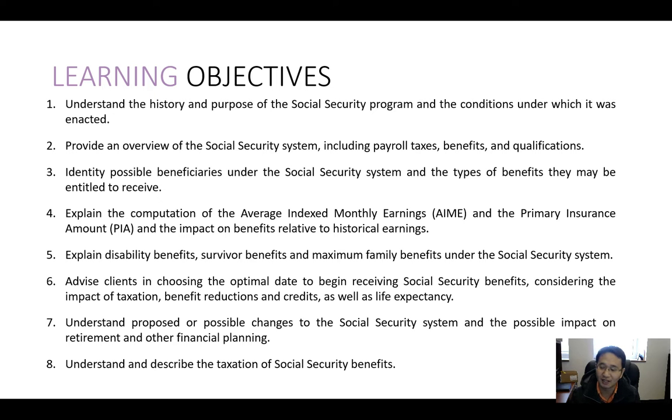This part is, how would I say it? When you do the CFP exam, it's not going to be heavily weighted. However, when you do a case, when you prepare something for clients, this is always embedded. And the rules are getting very complicated, and there is even software developed to make sure they maximize the benefits for clients. There are several people specializing in Social Security strategies, and I'm not one of them, unfortunately.